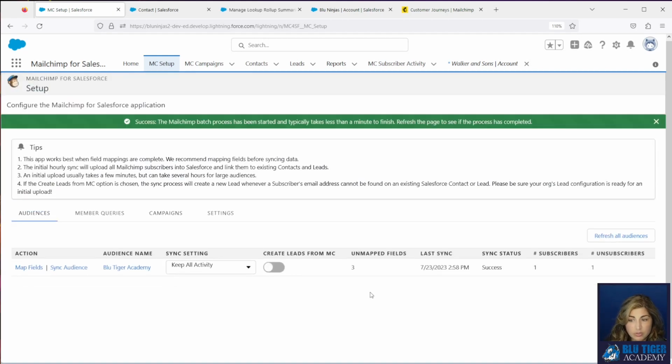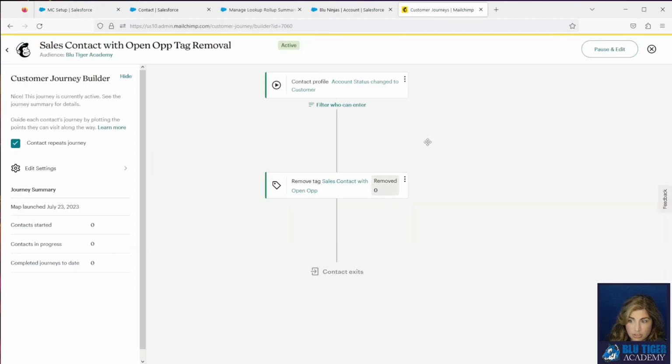Now this should update the account status on Alex's contact in MailChimp, which should then trigger him to come in this journey and have the tag removed.